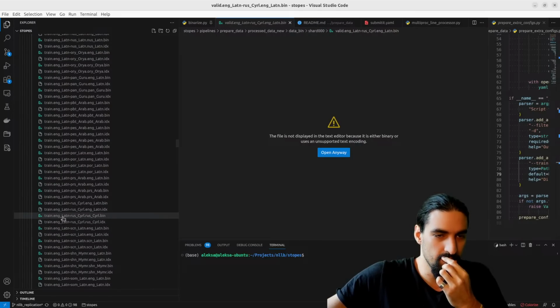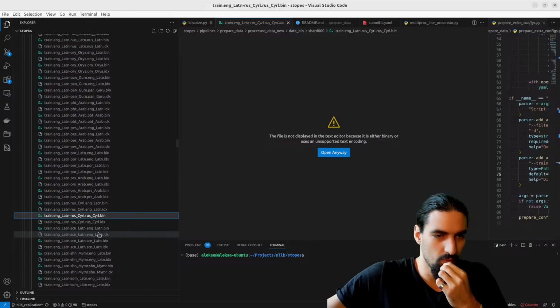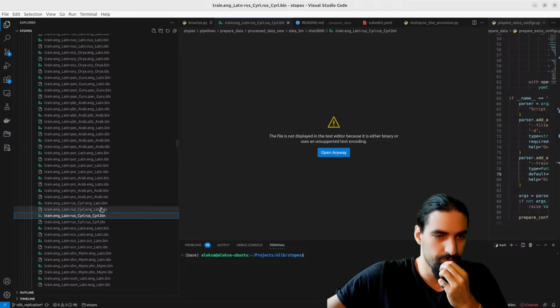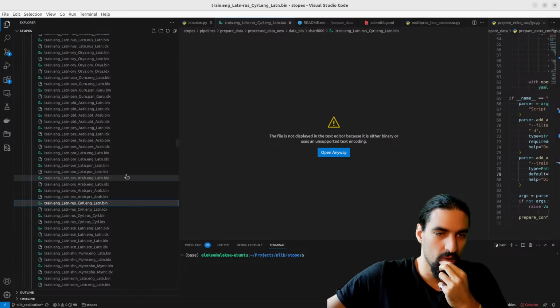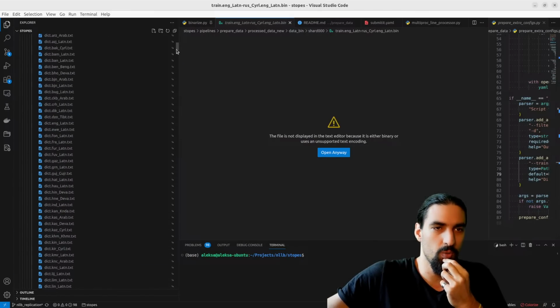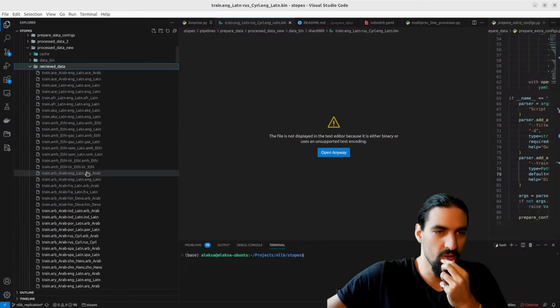English Latin, Russian Cyrillic. Let's grab this one. Copy this. Actually, why are we looking at the shards? Let's go to the retrieve data. Data bin, retrieve data.